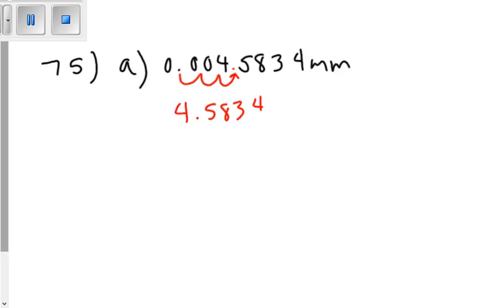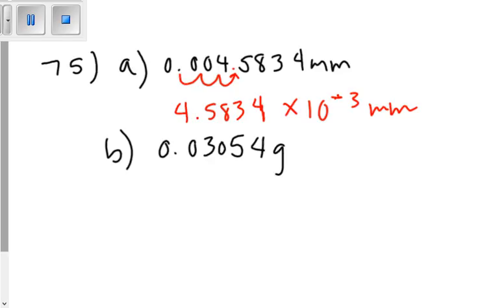So since I moved the decimal place over to make this number bigger, I need to multiply it by 10 raised to the number of times I moved it. So I moved it over 3 times, so it's 10 to the negative 3 because that number is smaller than 1, so it's a negative exponent, and the unit was millimeters. So let's try that again with B. So B is another small number,